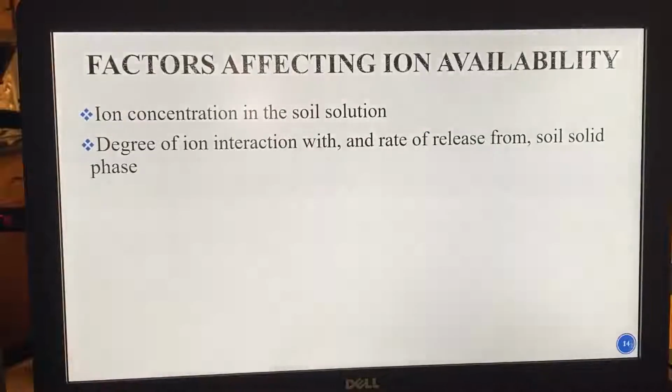Okay. So the factors that are going to affect this are going to be how much of the element is there. How much ion is present? Do we have a lot of nitrogen? Do we have a lot of carbon? Do we have a lot of aluminum? Aluminum is going to affect acidity. So knowing the concentrations, that is our starting point. So we take a soil sample, send it off to the lab, they tell us what we have so that we can start our formula. If we were to write out a formula,